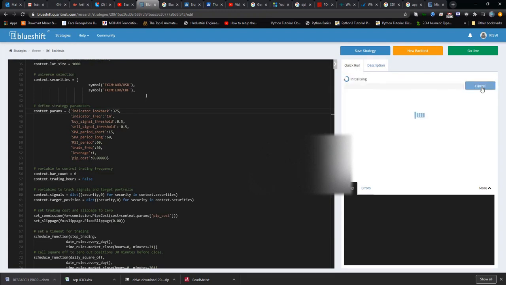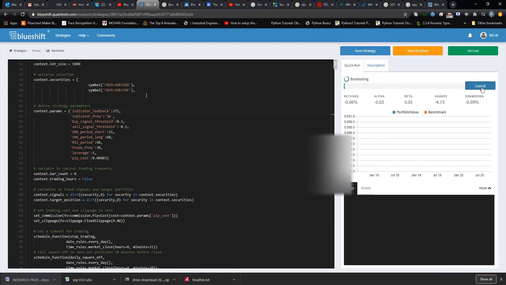So let's run, wait for some time. Okay guys, here the back testing has started. The data is running in the background on 1 minute data. This back testing is running on 1 minute time difference data of the forex pairs AUD USD and EUR CHF.